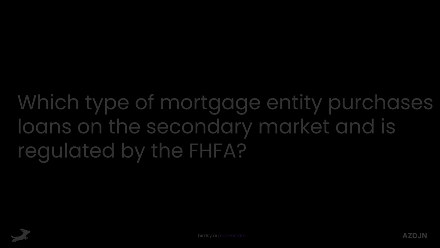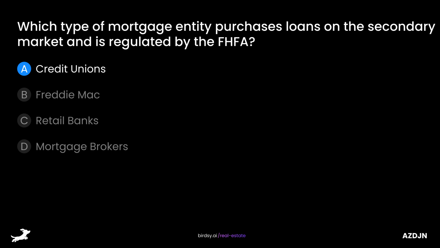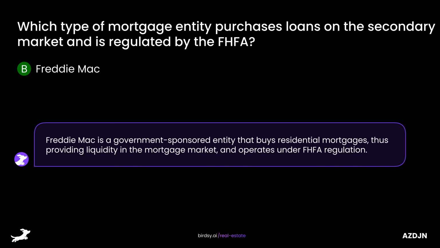defaults. Which type of mortgage entity purchases loans on the secondary market and is regulated by the FHFA? Is it A, credit unions, B, Freddie Mac, C, retail banks, or D, mortgage brokers? The answer is B, Freddie Mac. Freddie Mac is a government-sponsored entity that buys residential mortgages, thus providing liquidity in the mortgage market, and operates under